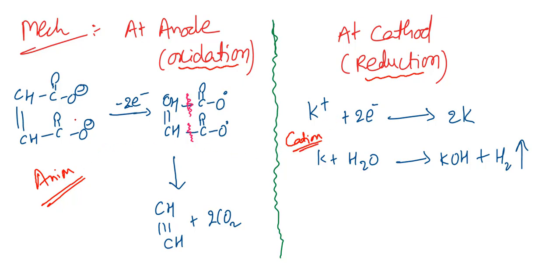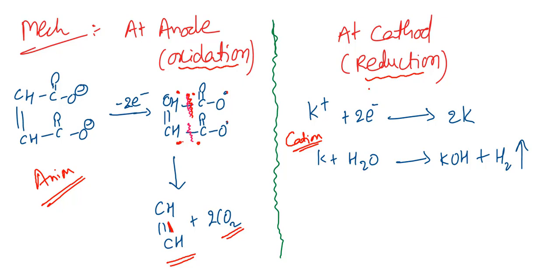So this anion going to anode, getting oxidation, that means losing electrons, forming free radicals. To remove this CO2, here one electron is required. That's why homolytic cleavage takes place. So here one electron, here also one electron, then again here also one electron. So this C double bond O and C double bond O are forming, that means carbon dioxide is forming here. This single electron forms a new pi bond. So finally we are getting ethyne.